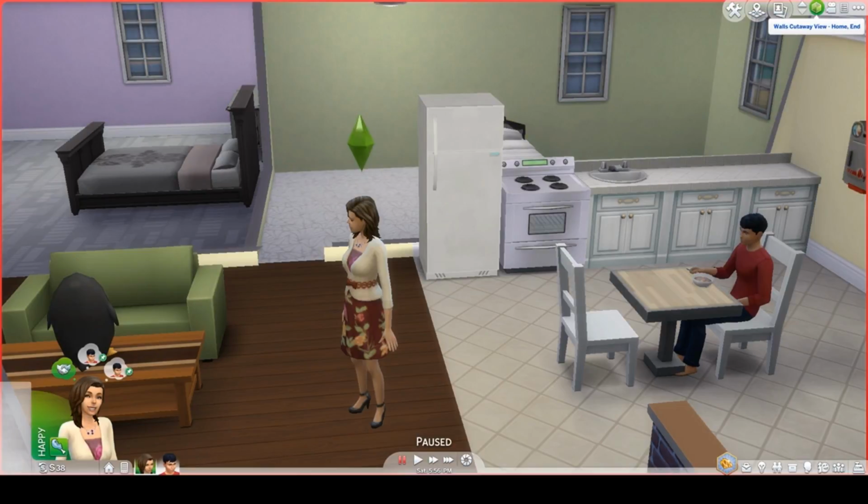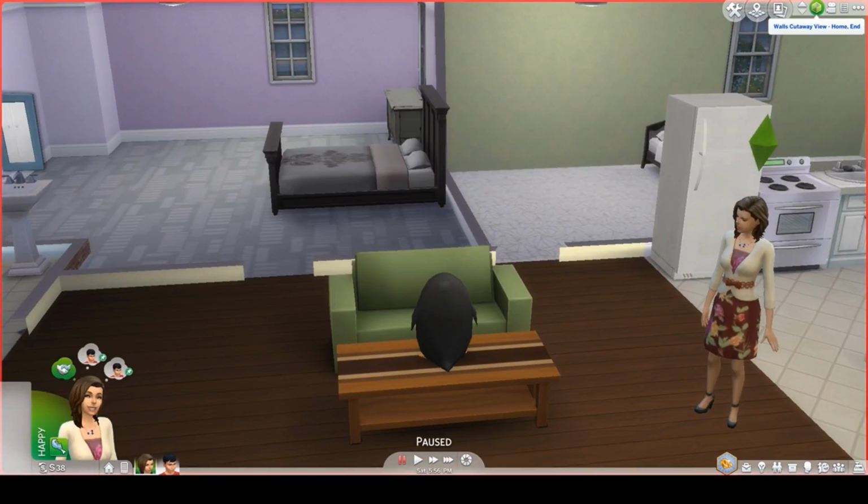this family has a TV again and a coffee table, or a TV stand, however you want to look at it. And what's extra good about that is that Rosemary had the want, or the whim, to buy a television. So she got some satisfaction points from that. And I used some of the satisfaction points that she has been racking up, and I got her the